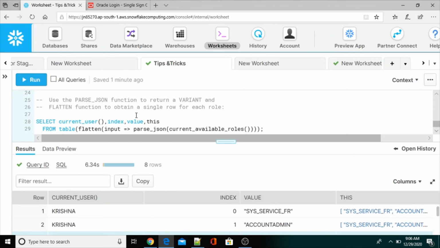Once you confirm that you don't have the respective role to execute, then we can inform the administrator that these are the current roles assigned to me, so could you please assign the required role.